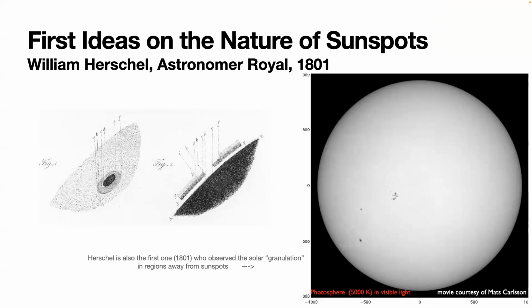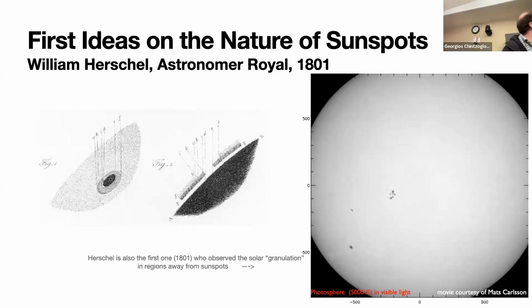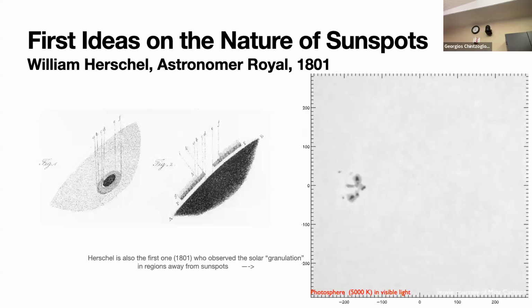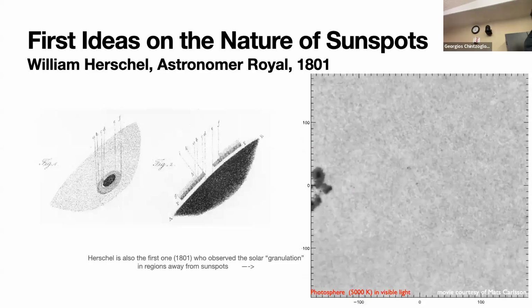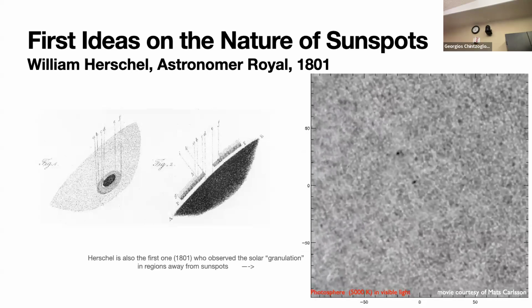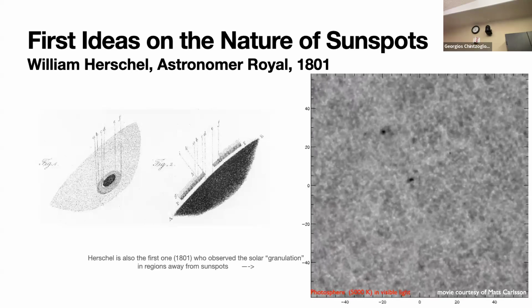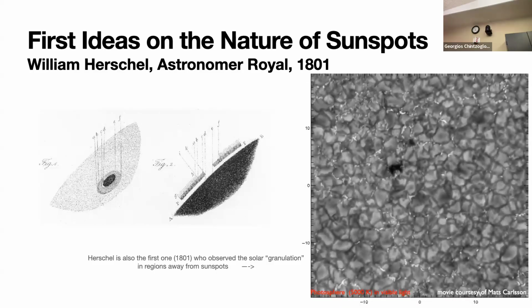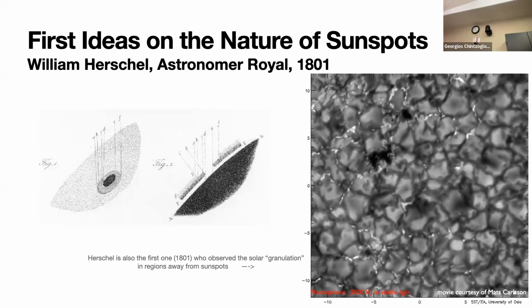All right, so he was the first one not only to have a theory about sunspots, but also to observe the so-called granulation, which is really the surface of the sun bubbling the same way a cooking pot bubbles here and there when you boil water. That's pretty much exactly the same thing. This is actually a zoom in into the sun by many, many orders,